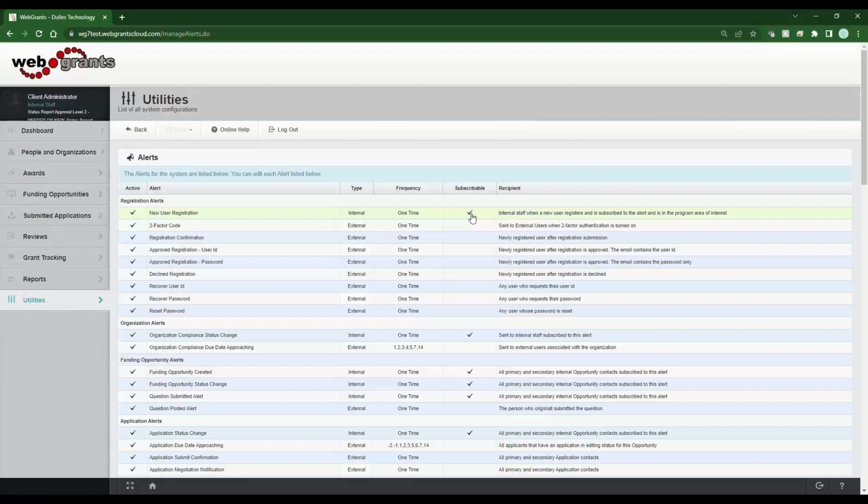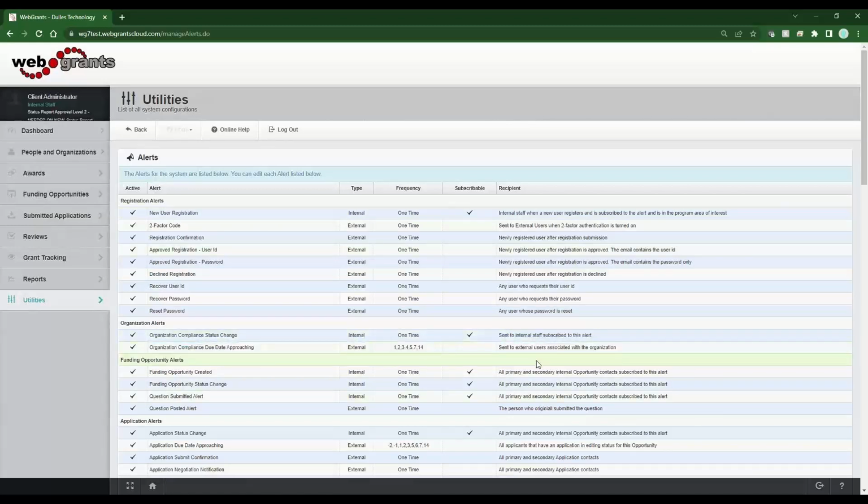But this one that I'm highlighting, the new user registration alert, it's subscribable. So an example for this one is if you are responsible for approving new users within your program area or even globally, you need to subscribe to this alert in order to receive it. There's a lot of staff that would not be responsible for approving new users, and they wouldn't want to receive this email, so they wouldn't subscribe. So that'll tell you if someone asks you, why am I not receiving this alert? You can quickly come in here and go, okay, did you subscribe to it? And then make sure, depending on the rules,